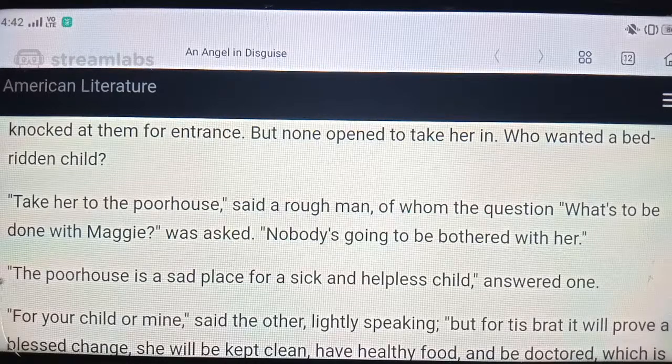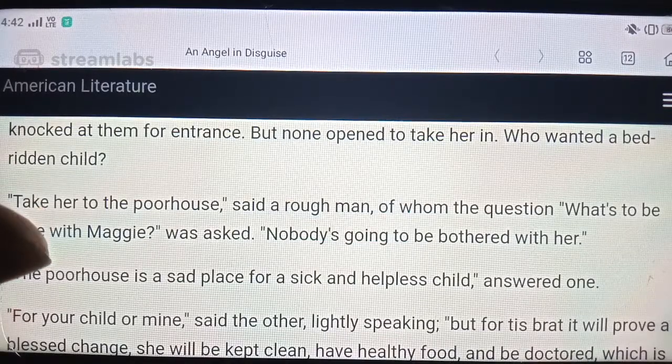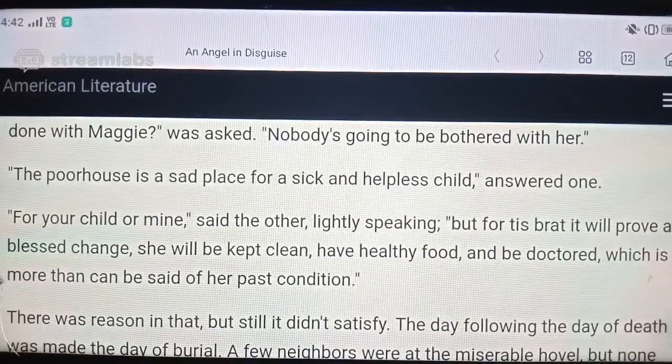Nobody is going to be bothered with her. The poor house is a sad place for a sick and helpless child, answered one. What is the poor house? Poor house is a place where the homeless and the helpless and the sick child is to be given. For your child or mine, said the other, lightly speaking, but for this brat it will prove a blessed change. She will be kept clean, have healthy food, and be doctored, which is more than can be said of her